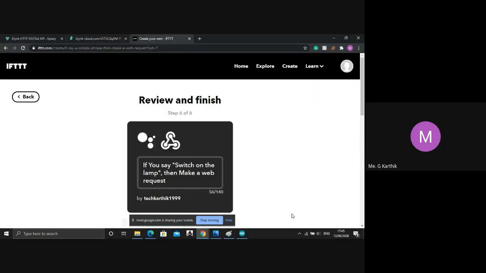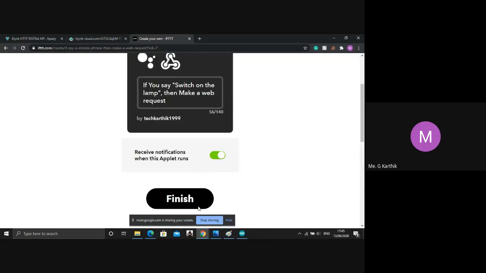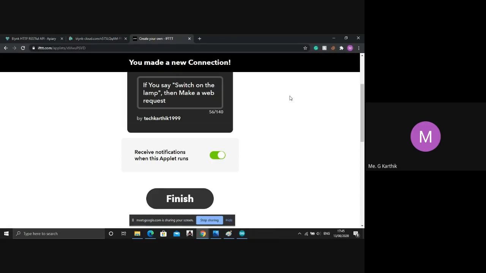And now we'll do the same thing with IFTTT by using Google Assistant. Okay, you made it with switch on, right? Just I want someone to make it with switch off.